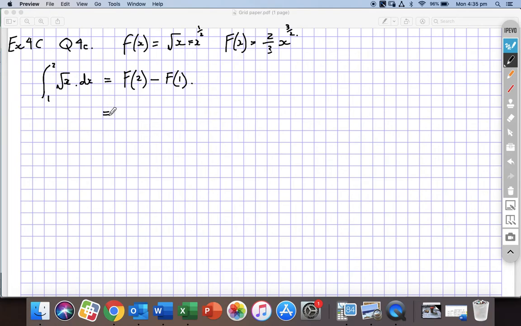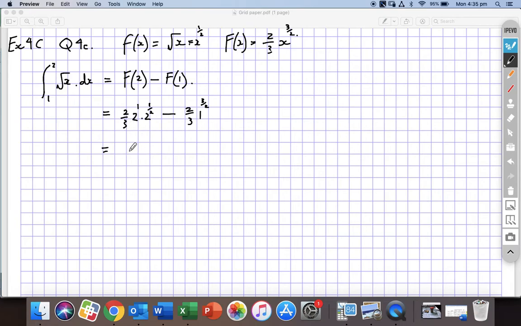Now to evaluate this area, I've got to use my antiderivative where x equals 2. So I need a 2 here. 2/3 times 2 to the power of 3 on 2. I think I might do this: 2 to the power of 1 times 2 to the power of a half. There's my 3 on 2 if I add the powers. And I have to subtract away 2/3 where x equals 1. 1 to the 3 on 2. Well, 1 to any power is just 1, so that's easy. I'll end up with,